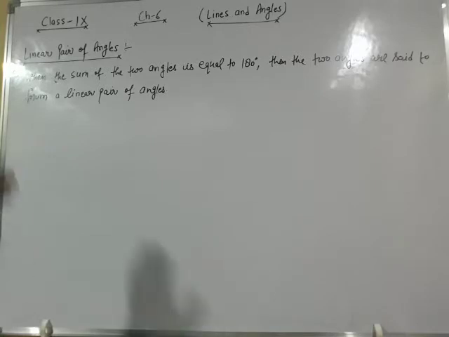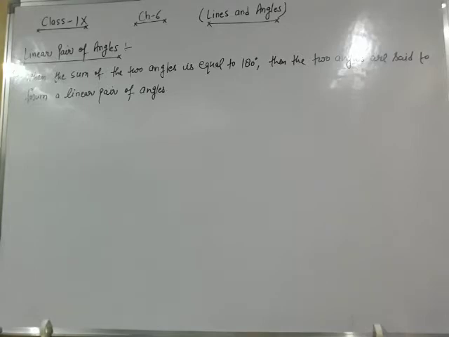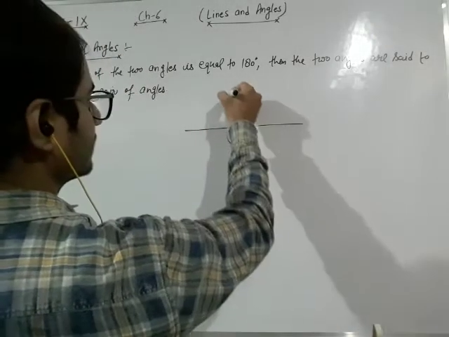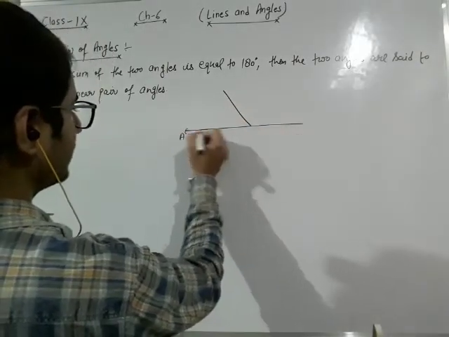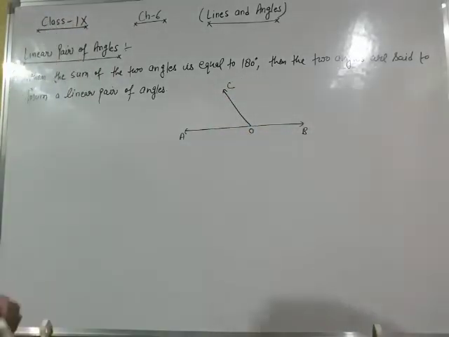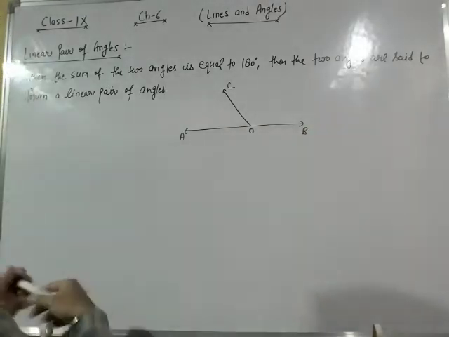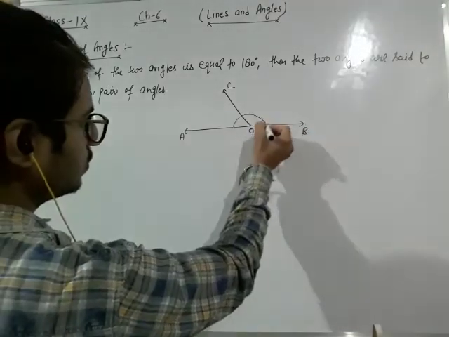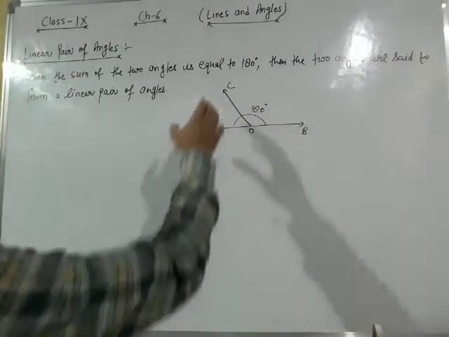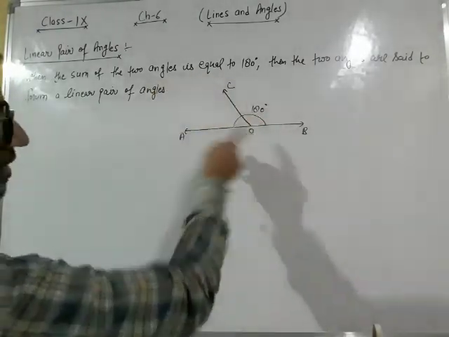Linear pair of angles: when the sum of the two angles is equal to 180 degrees, then the two angles are said to form a linear pair of angles. Suppose we have this kind of figure A, O, B and C. Here we know that AOB forms a straight angle, and we know that the straight angle is equal to 180 degrees. When we are drawing a ray OC at point O,